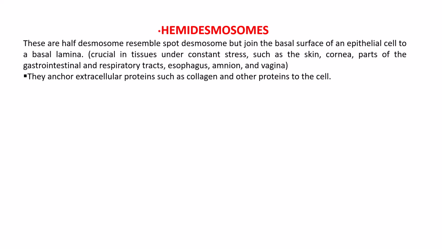Comes hemidesmosomes. These are also called half desmosomes, and they resemble spot desmosomes. They are also present at places under continuous mechanical stress, such as skin, cornea, gastrointestinal tract, respiratory tract, esophagus, amnion, vagina, and the anchor extracellular protein present in hemidesmosomes is collagen with some other